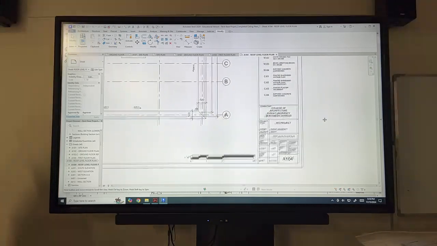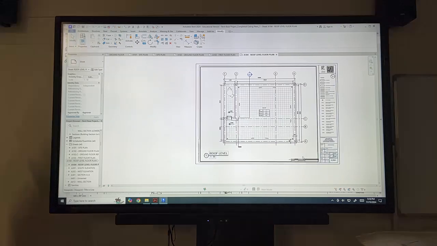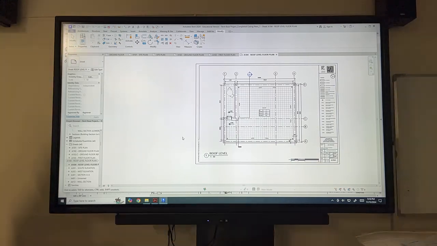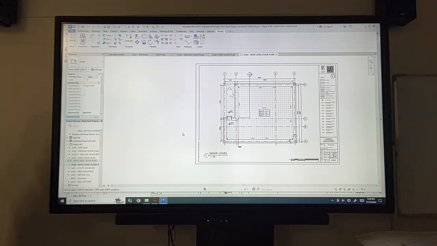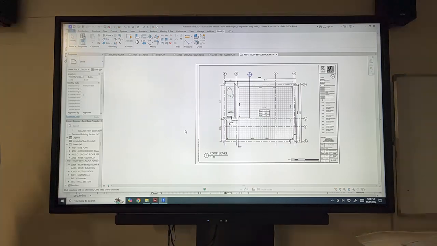Any questions about roof levels? I have 2 questions. Yes. First question is, weren't we supposed to add a ventilation for the kitchen on the roof? And then for the whole project, is there a set line weight for all the furniture and all the roofs? So we don't change the color for each one